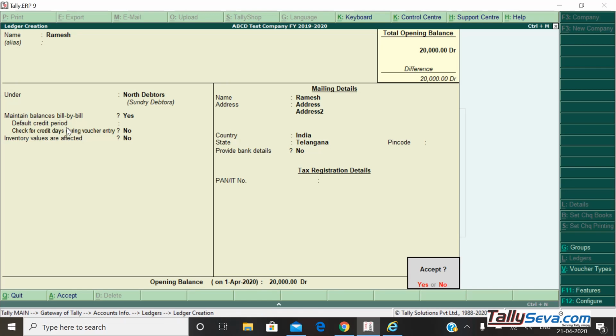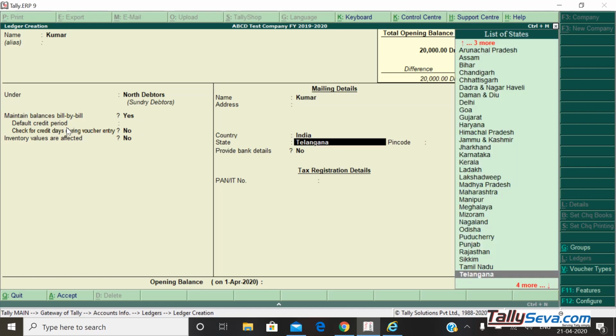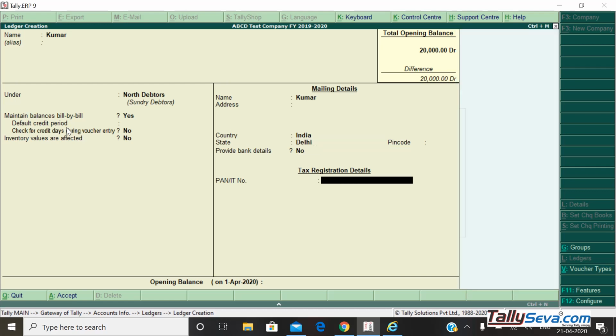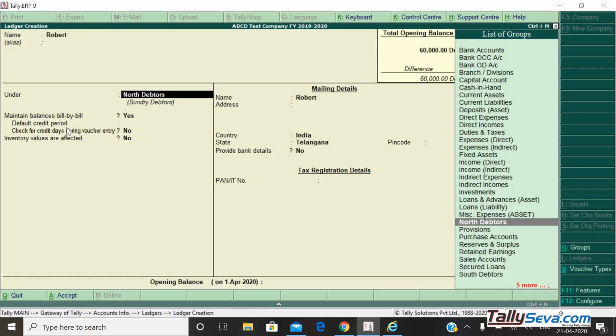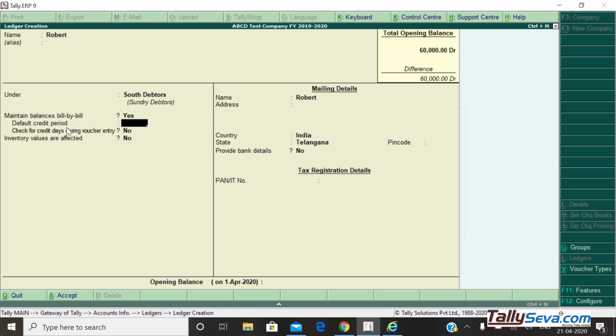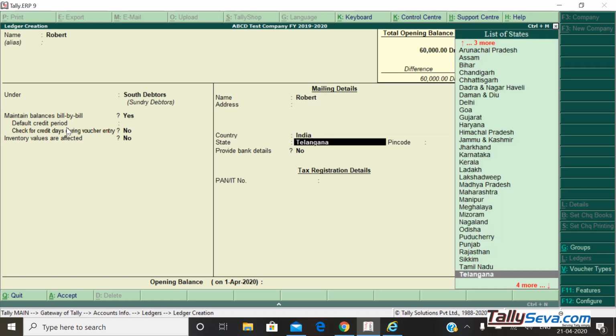Second, I'll create Kumar. He's also from north. 40,000 rupees. I'll create Robert. Let's assume he's from south.